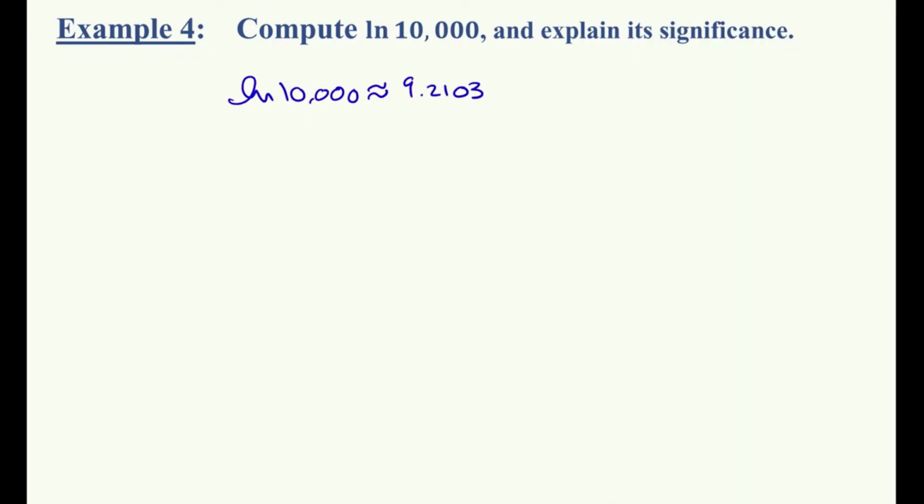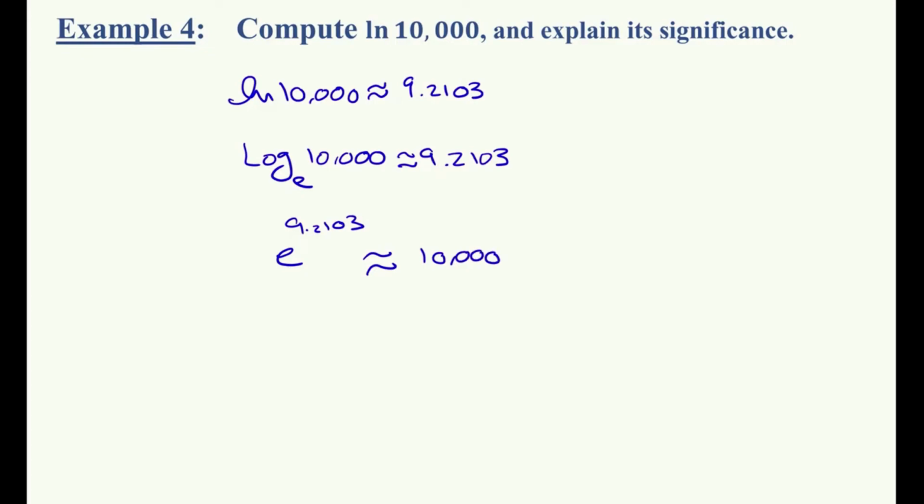And as far as understanding it, remember, we have just computed log base e of 10,000, because that's exactly what ln of 10,000 is. And we have found it to be approximately 9.2103. Converting it to exponential form tells us that e to the power of 9.2103 should be approximately